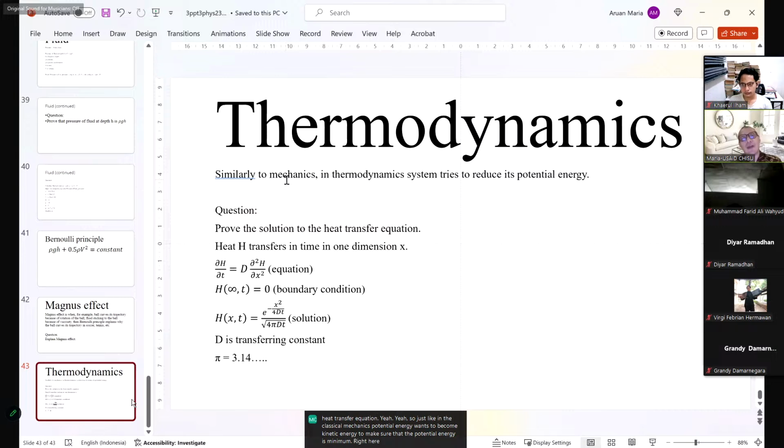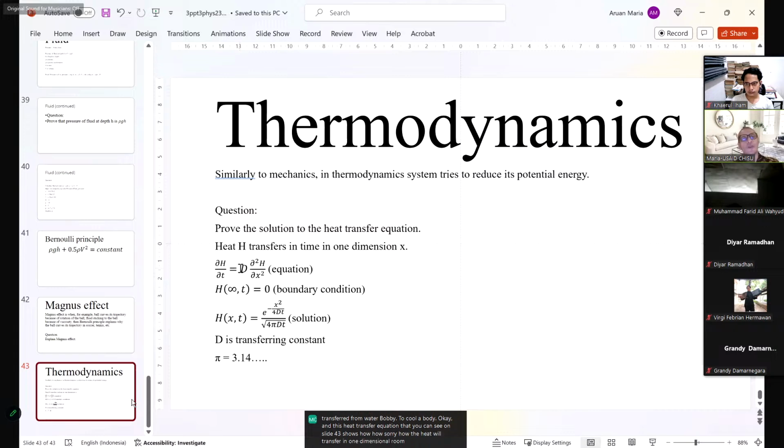Here in thermodynamics, heat is transferred from a hotter body to a cooler body, okay? And this heat transfer equation that you can see on slide 43 shows you how the heat will transfer in